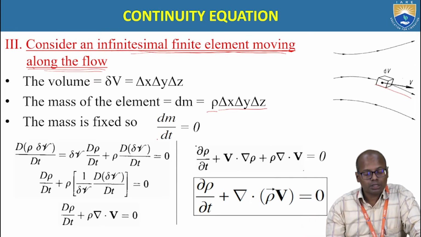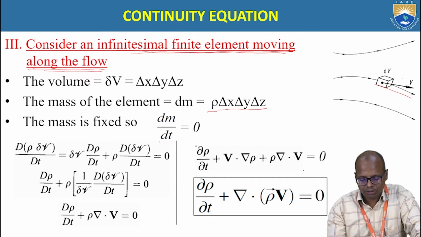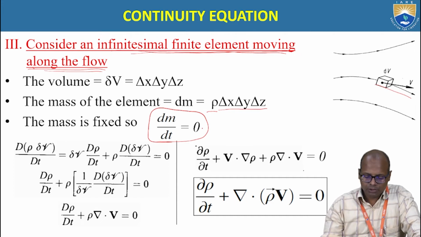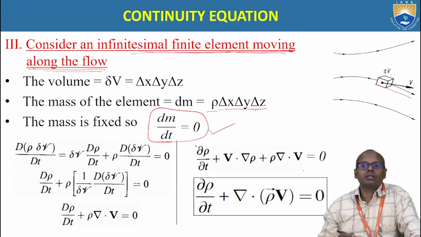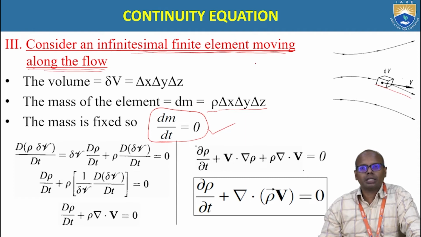So whatever time it may be, the mass of the element is fixed. So this is d by dt of m equal to 0. Now this is the continuity equation derived from this concept, but it is a